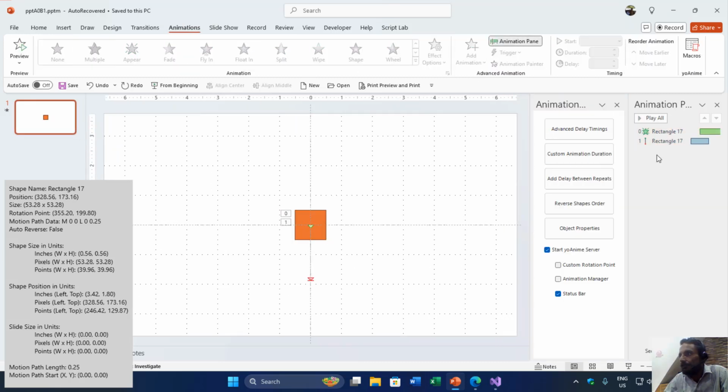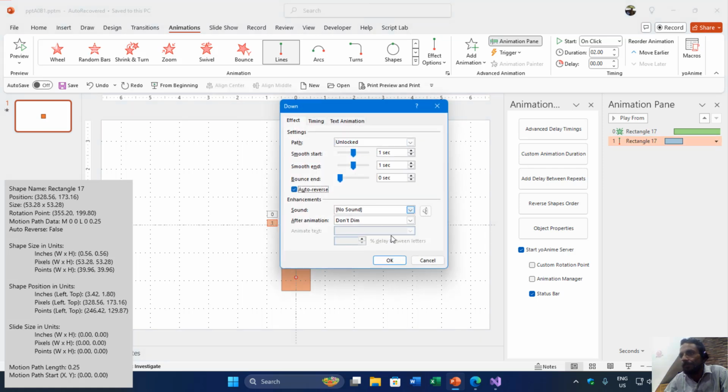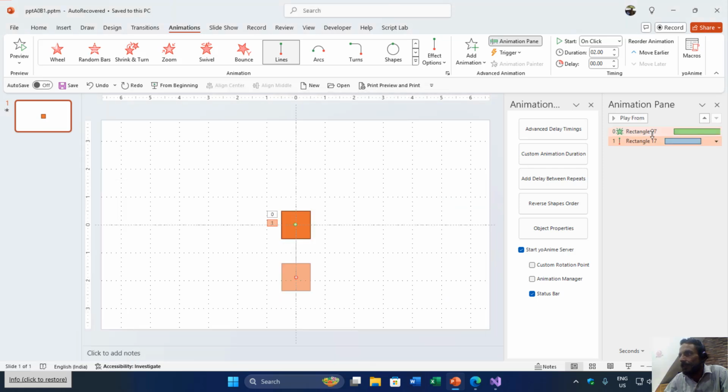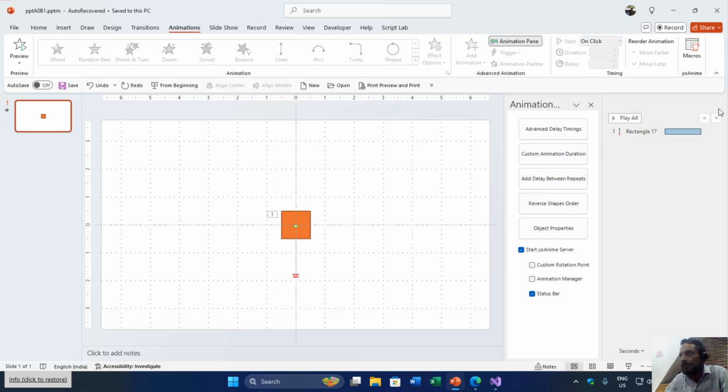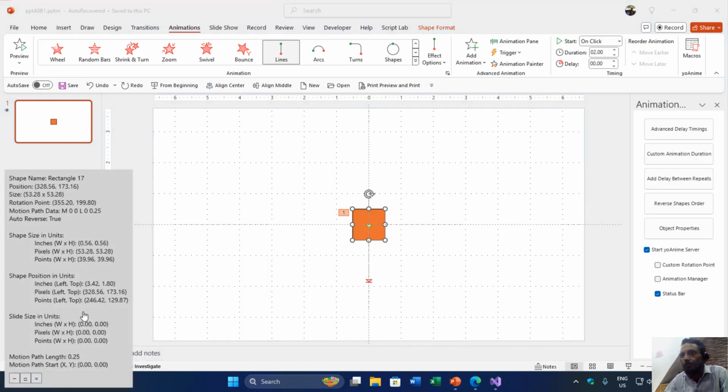Let me apply the auto reverse here, and delete this one. Now I select this shape again and click the restore button here, because that is the same shape, so I have to click on the restore button. Rectangle 17 is the name, and we have the position, size, rotation point, motion path length. Motion path,